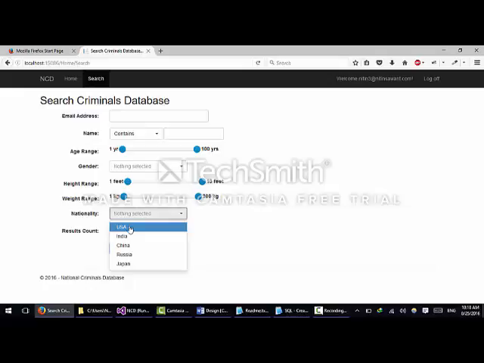There are various nationalities in the project, and more can be added to the nationalities table in the database. The user can select multiple nationalities, then the total number of results which will be retrieved. We'll enter the result count, enter the email address,